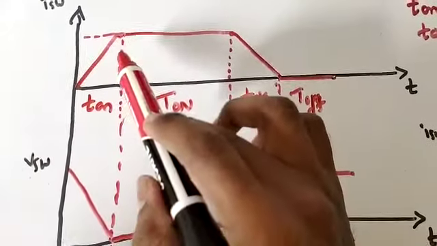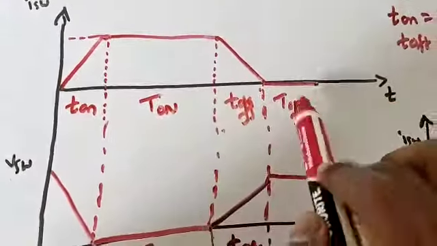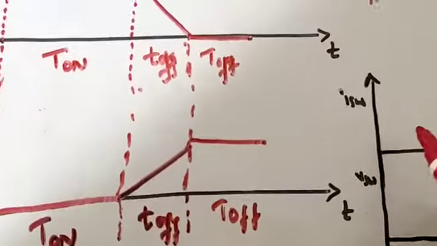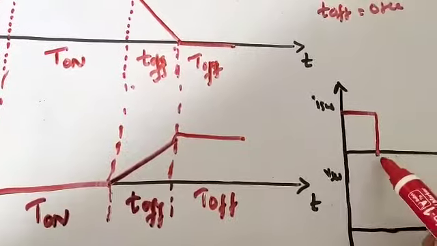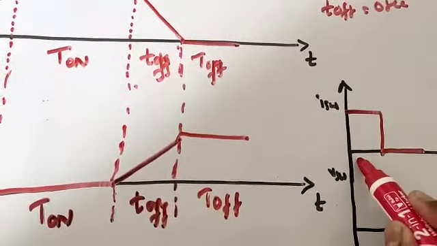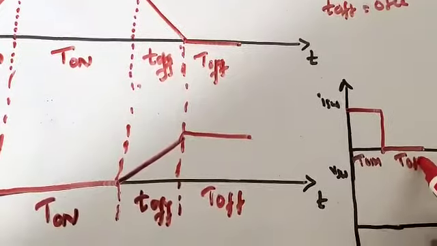So when I complete this with T on equal to 0, it will be like a square; T on will be there and T off will be there. So you are going to get a supply like this. This is capital T on, and this is capital T off.